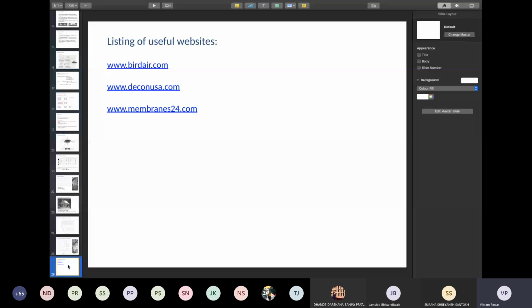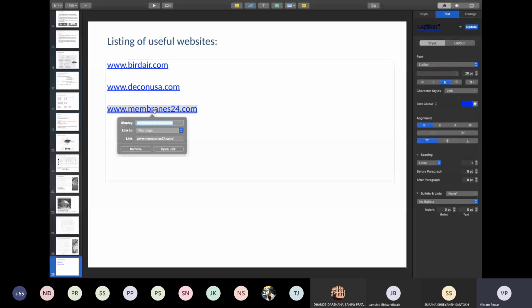So these are three useful websites. If you membrane24.com, it's a very useful site where